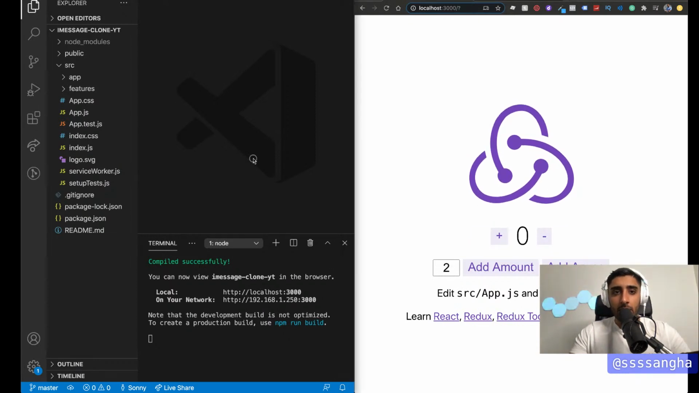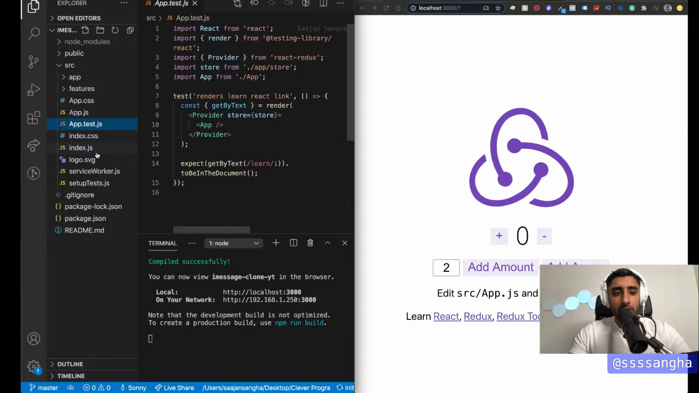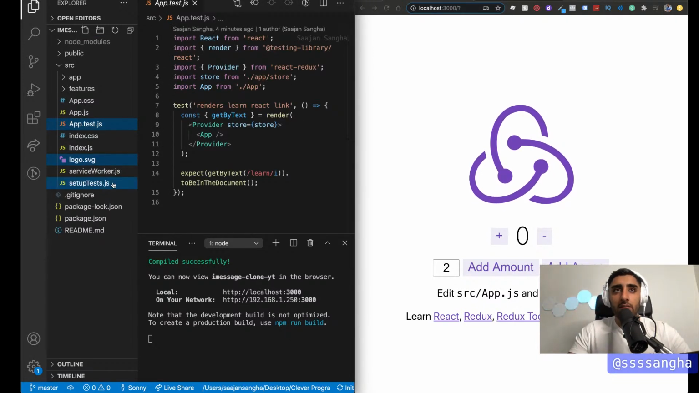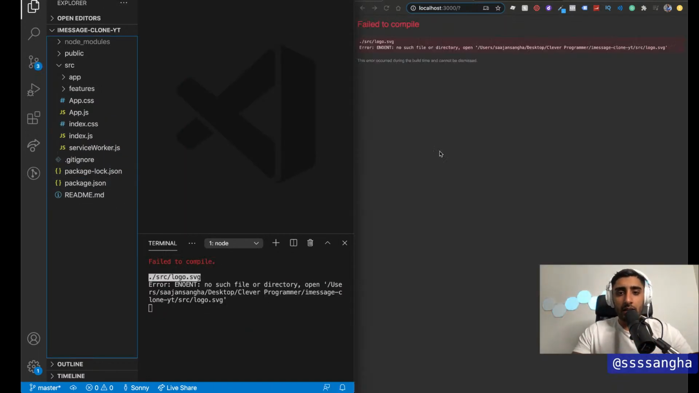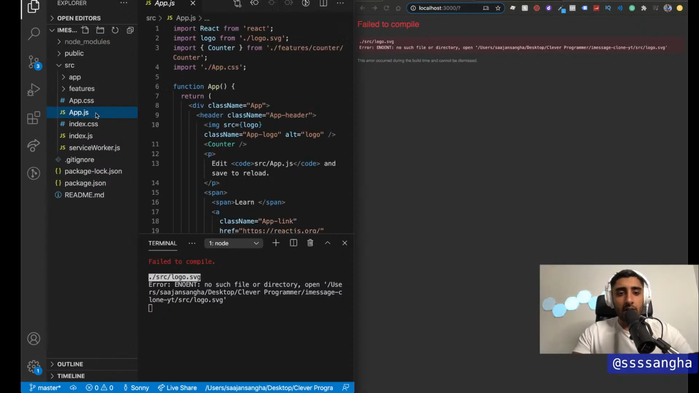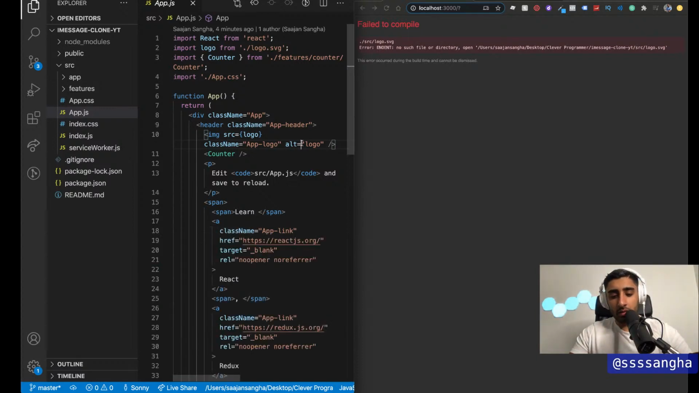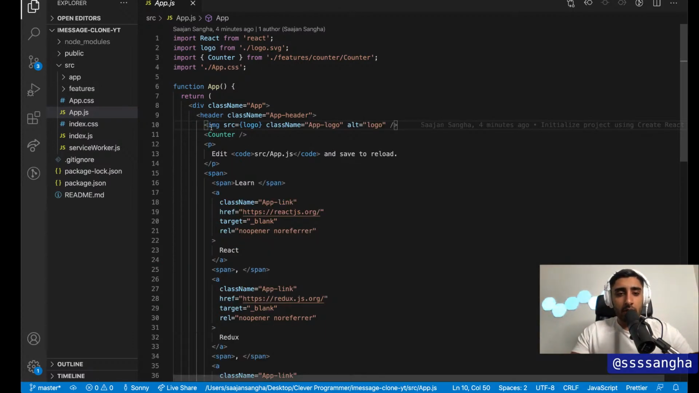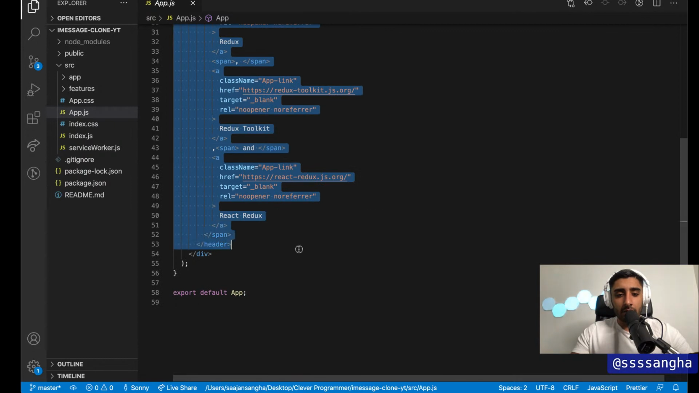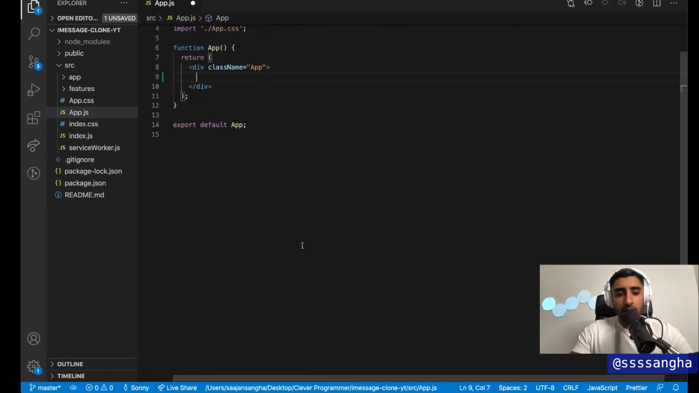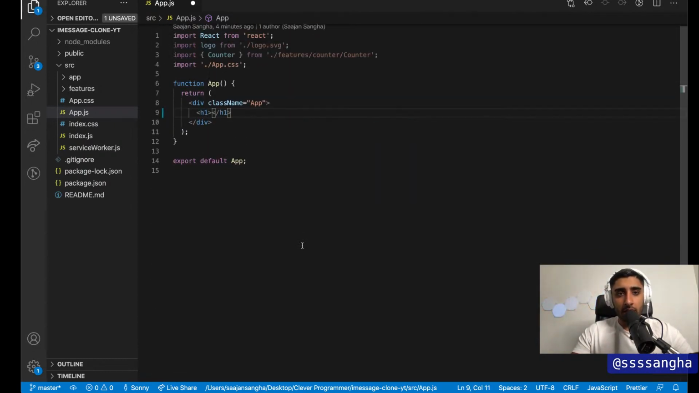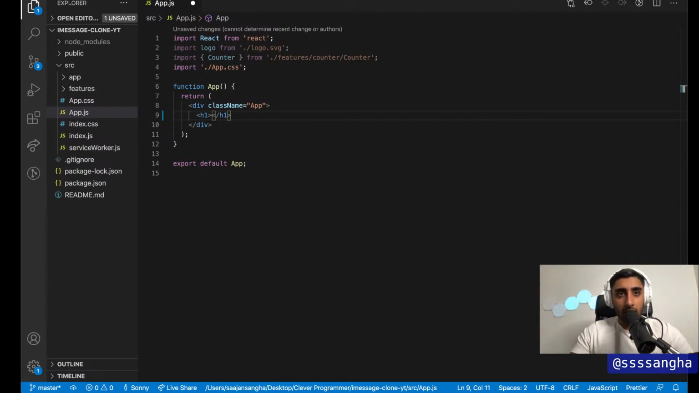So right now what we're going to do is the cleanup process. We're going to delete the app.test.js, logo and setupTests.js over here. Move that to the trash, and the app's going to start freaking out. A few more things we're going to do. We're going to go inside of app.js, delete everything inside of the header. Remove all of that, say h1, and we're going to say,